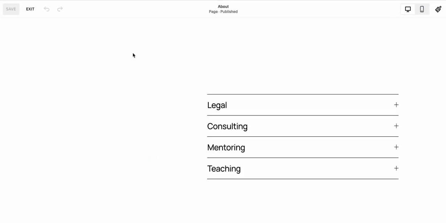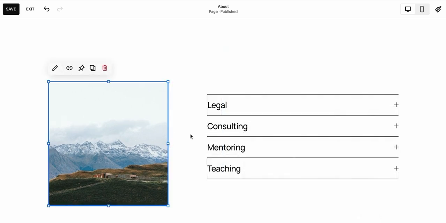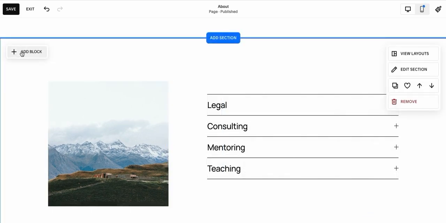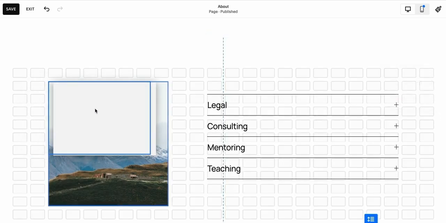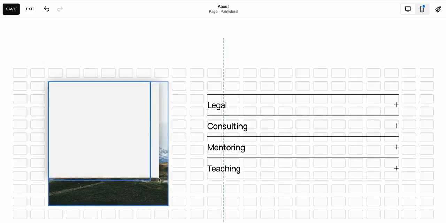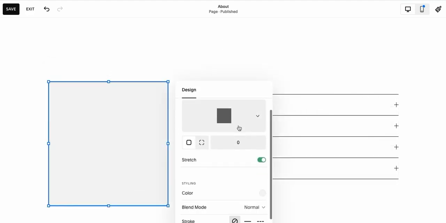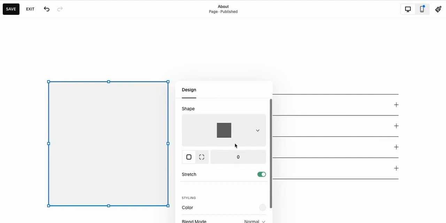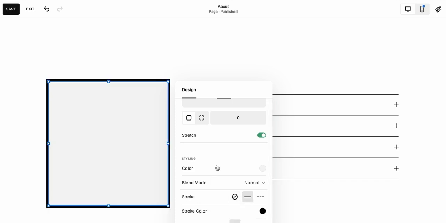So next pro tip, let's say you want to make an outline on this. You want to give it a border and you want to be able to do that without using any code. What you can do is you can get our lovely little shape block. And then if you drag it to be exactly the same size, then click edit. Then what you can do in the stroke is then turn this on,